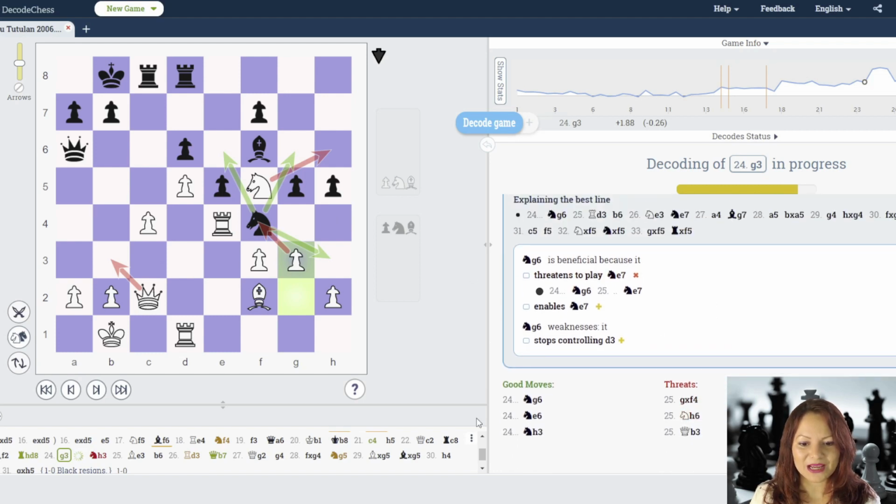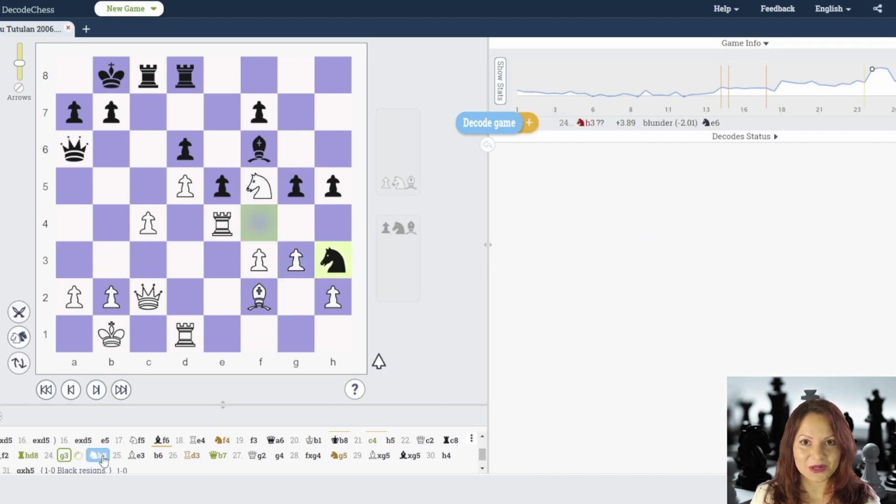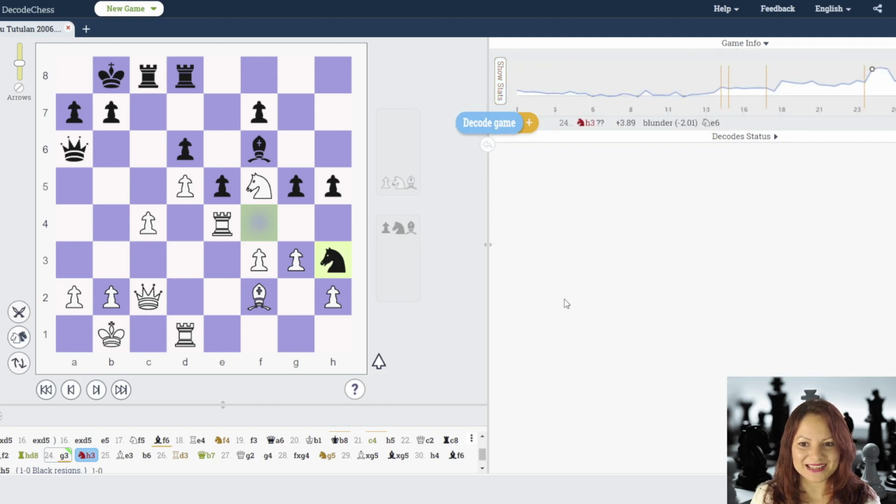Okay, what about knight to h3 as she did? Let's see. It is in red. It is a move in red. Okay, we can see that black made this blunder, which is exactly knight to h3. So why is it a blunder? Let's see. Of course black wants to trade my bishop. I will move it away,